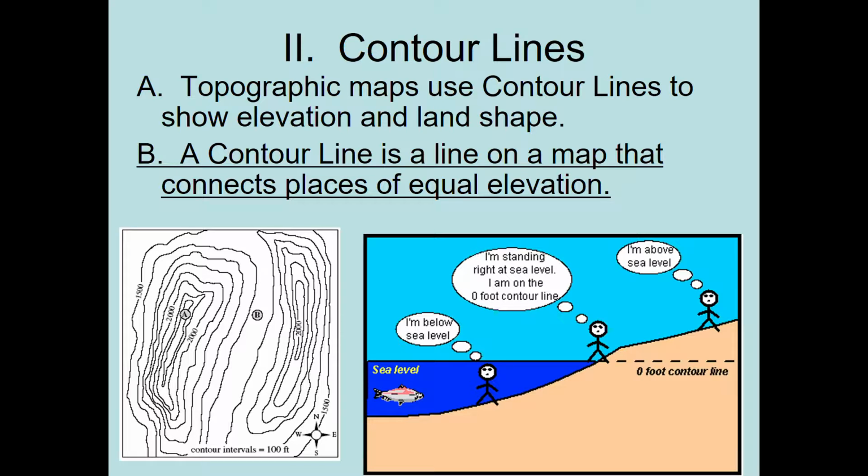So contour lines. Topographic maps use contour lines to show elevation and land shape. A contour line is a line on a map that connects places of equal elevation. So as you can see, this is a contour line starting at 0. It is sea level. This is below sea level. This would be above sea level, right? Now here,